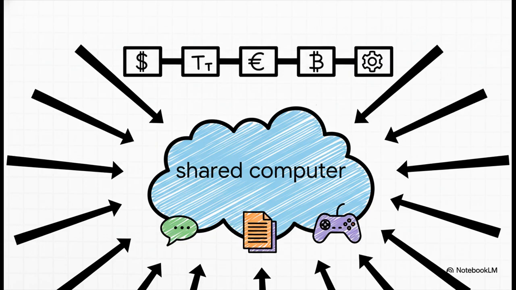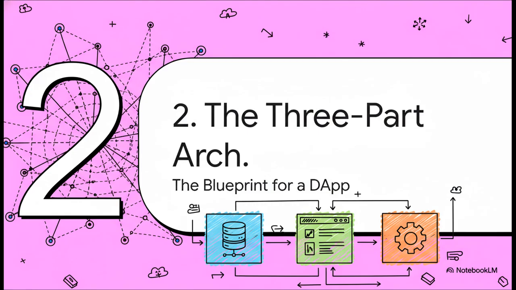See, instead of just being a ledger for financial transactions, Freenet contracts are what you call general-purpose state machines. Think of them less like a bank ledger and more like a shared computer that can run, well, anything. A chat app, a collaboration tool, you name it. And it's built from the ground up to actually scale. So, how in the world do you actually build an app on this shared computer?